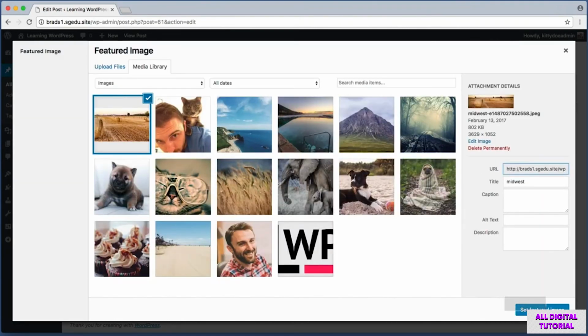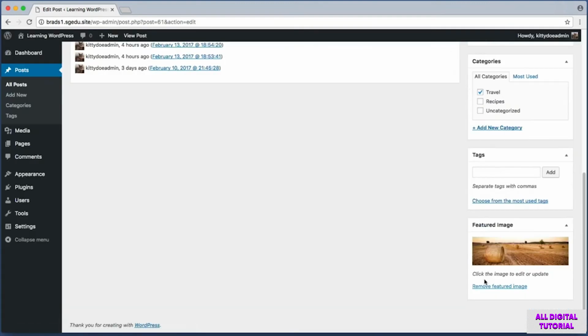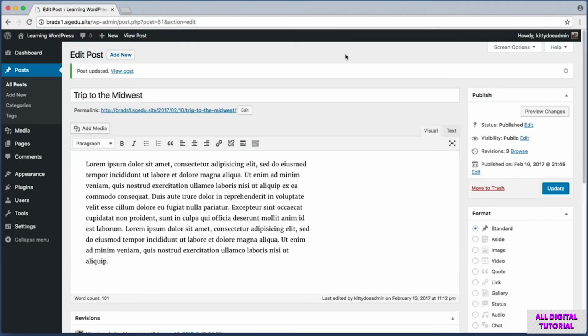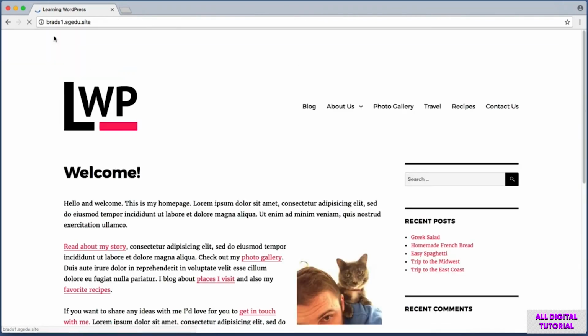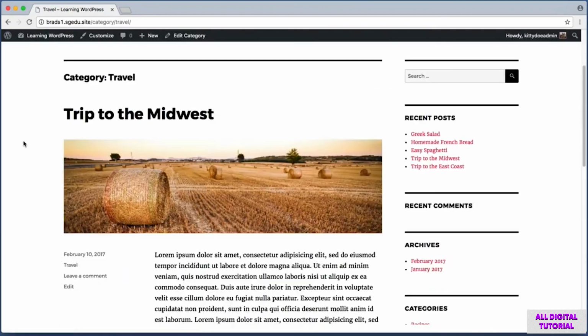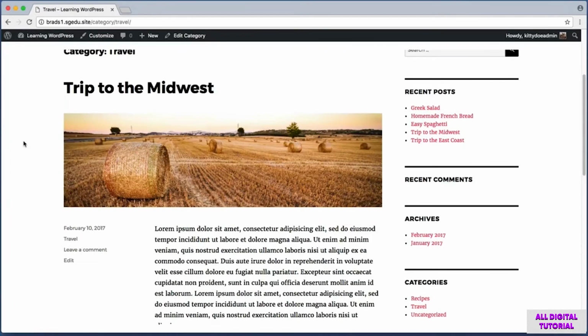Then be sure to look in the bottom right corner for Set Featured Image. Perfect, so now we can see the image is cropped just the way we want it. So let's scroll back up and click Update to truly save our changes. And now if we jump back to our front-facing website, let me click on Travel. Perfect, I think that looks pretty nice.